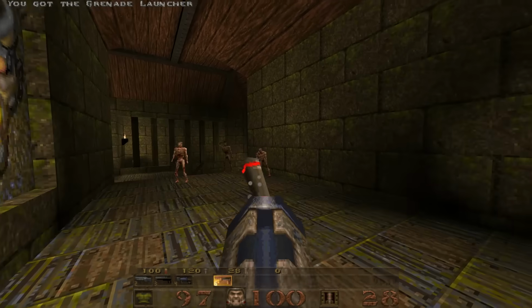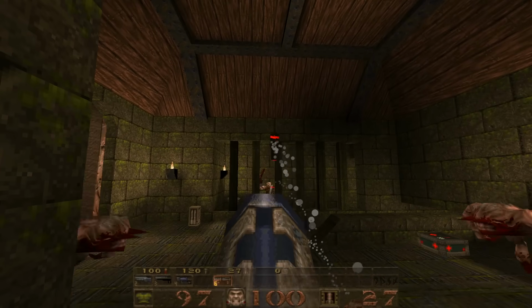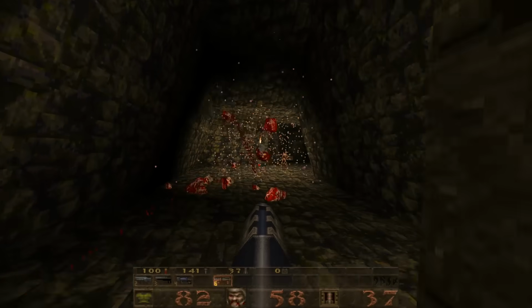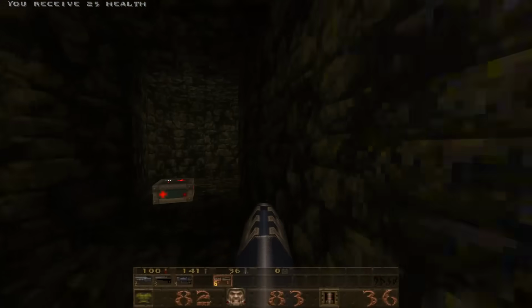You'll get a grenade launcher in level 3 because you need it to deal with the zombies, who need to be jibbed to stay dead. Quake's jibbing is simple but satisfying. Just that weird sound I can't describe, that